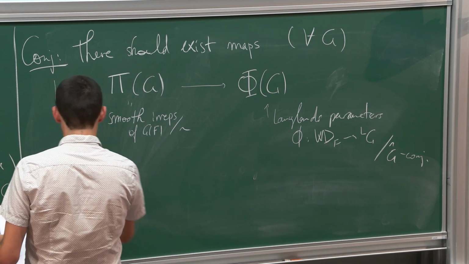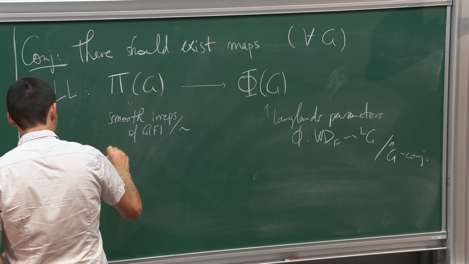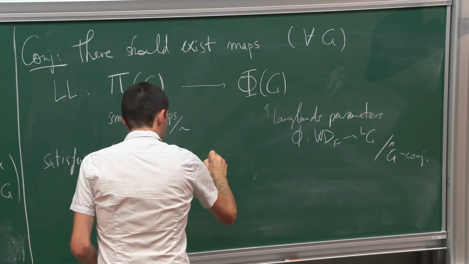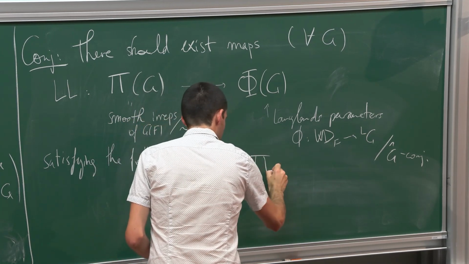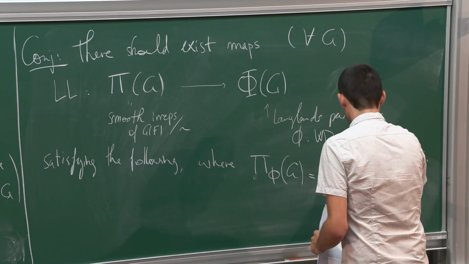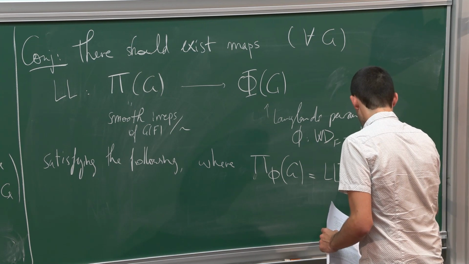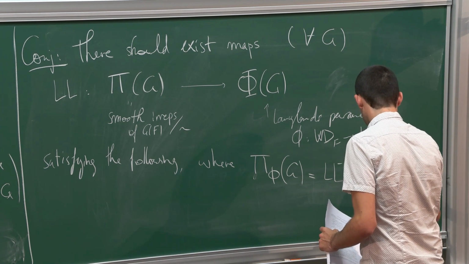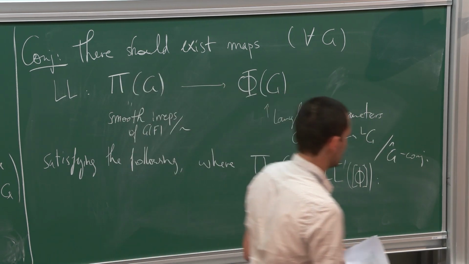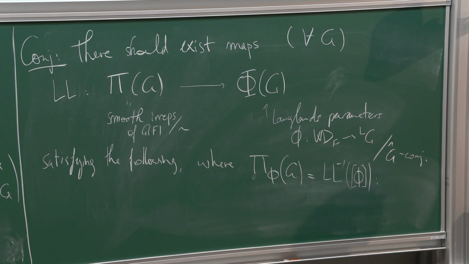Satisfying the following properties. So we will denote pi phi of G for the fibers. Maybe I should use the sideboards. I'll change. Okay, so